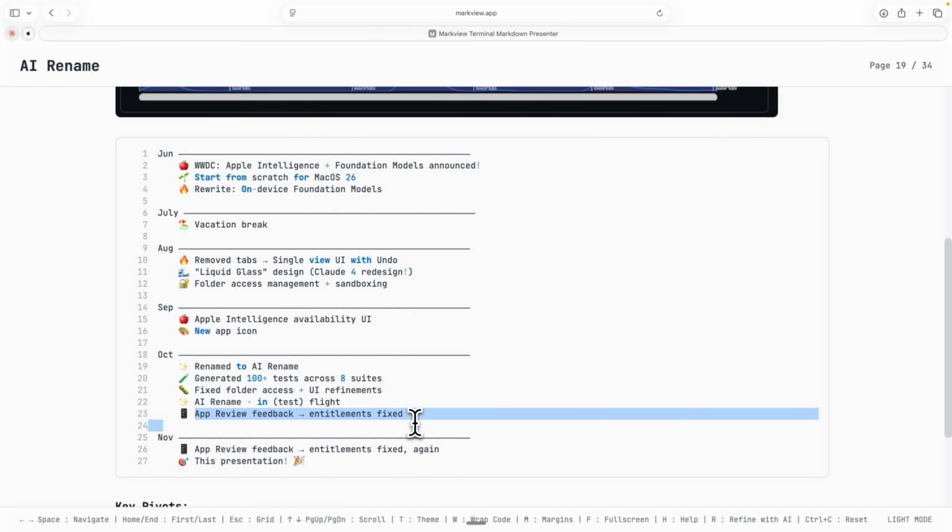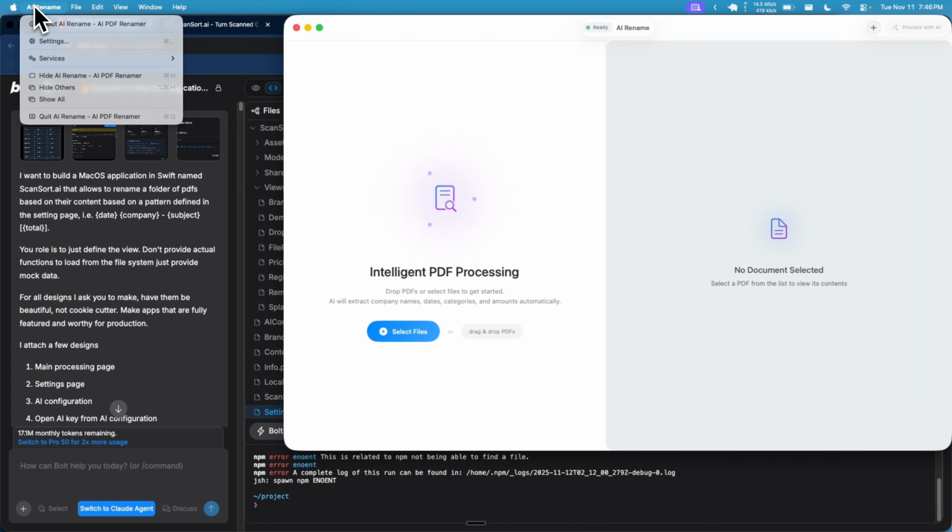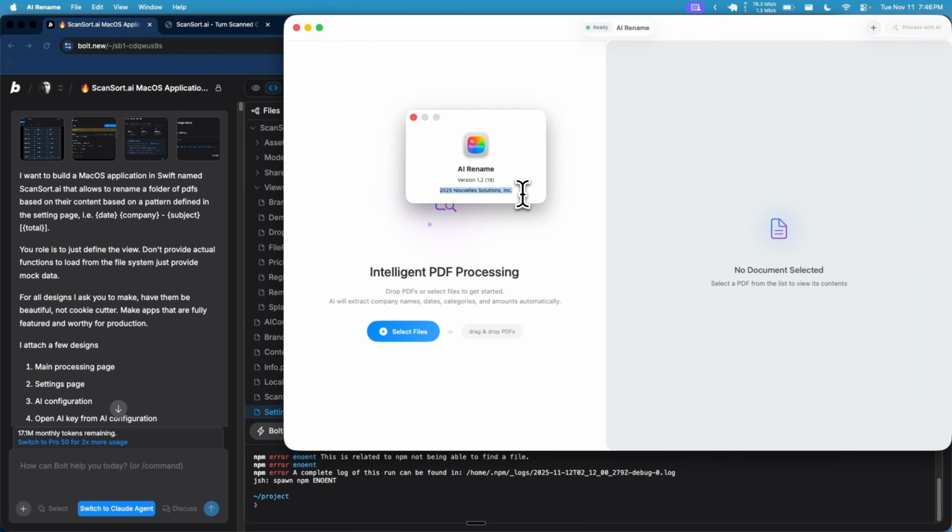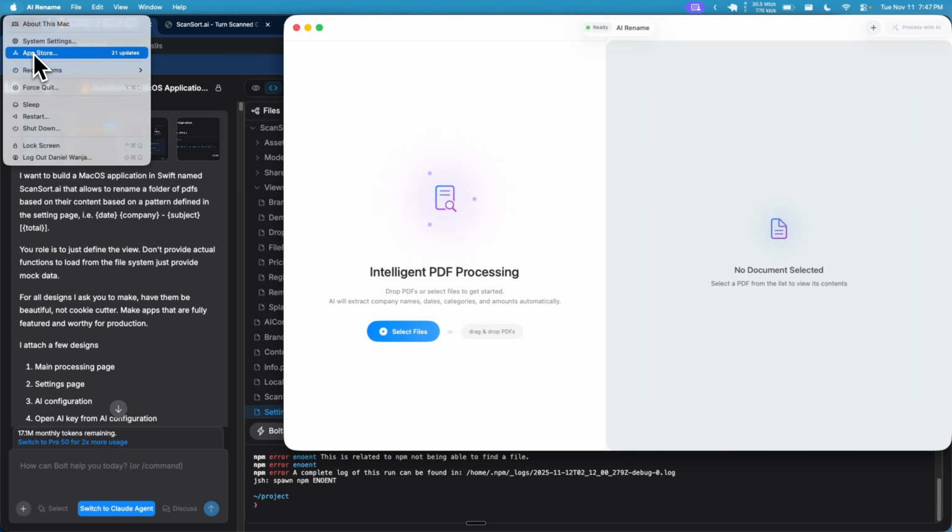App review, that was interesting. I used to have that company called AppStore, where I had those two other apps. Now, you see here it says Nouvelle Solutions. That's the right name. After the first release, the next day I applied to change the name of the company. Then what they do, they shut down all your certificates. They say, you're transferring it, we need to review and approve your application. And that process, I was like, what? Xcode Cloud, how it builds and deploys, was just not there anymore. Yeah, bad timing. I should have done that 10 years ago.